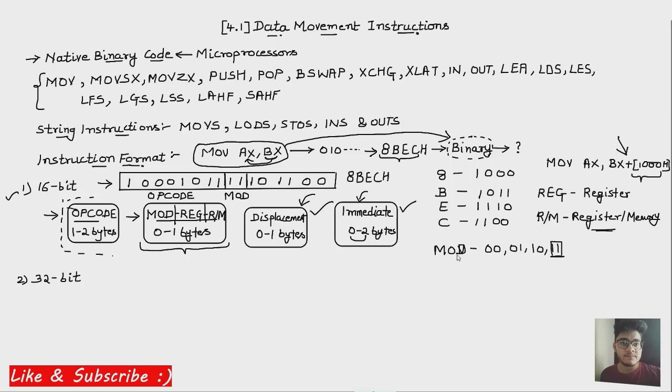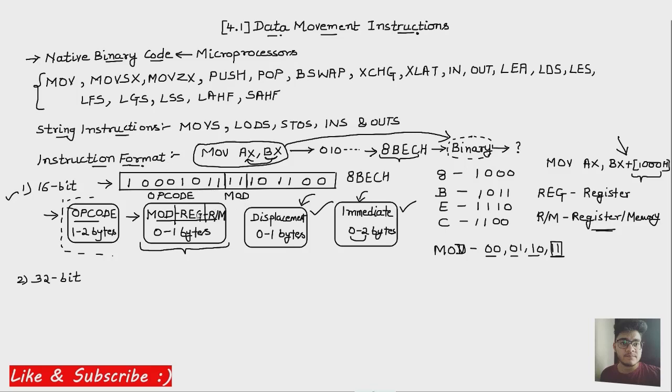We will see what is the significance of having these values 00, 01, 10, 11. It is already defined in the table, right? We will create a table which will define the use of each of these. So in case of the mod field, if we have any one of these, it has a specific purpose. But at this point, I'm just giving you a structure of the instruction. We're not going to get into the details right now. We're just focusing on the format, right?